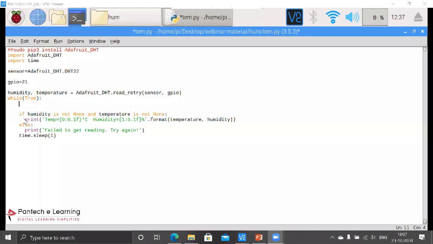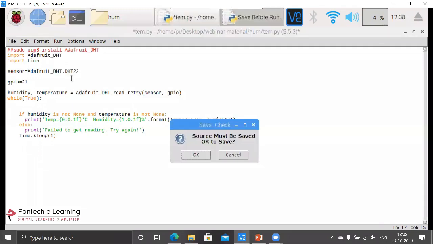So here I have provided the print section to print the data in the shell window, and here first it will print the temperature and next it will print the humidity. Both will be printed as float values, like decimals, and this particular format only we have called here. In that format it will read the temperature value and the humidity value. So if both humidity and temperature are available, it will print this, else it will print this particular value. And to provide some delay time, I have given time.sleep within brackets 1, and this 1 will be considered as seconds. Okay,